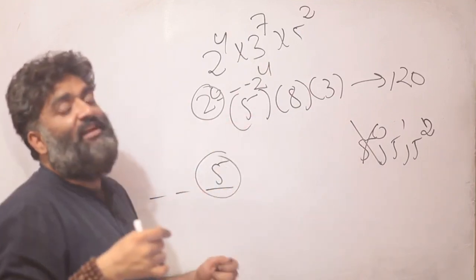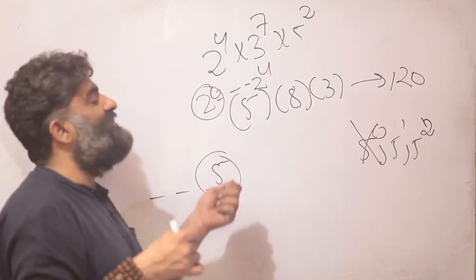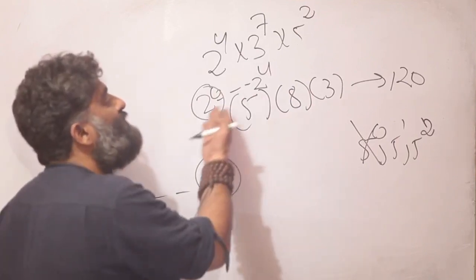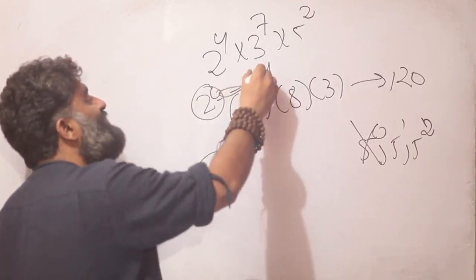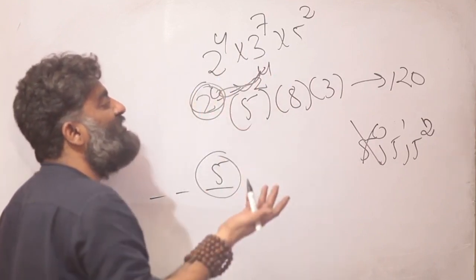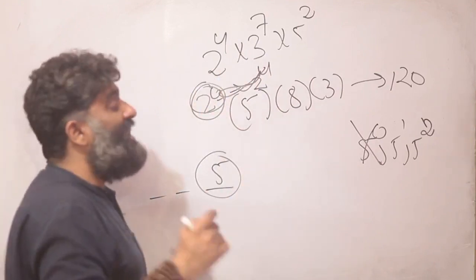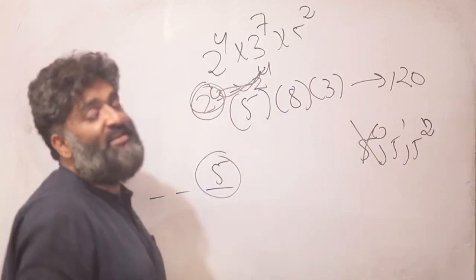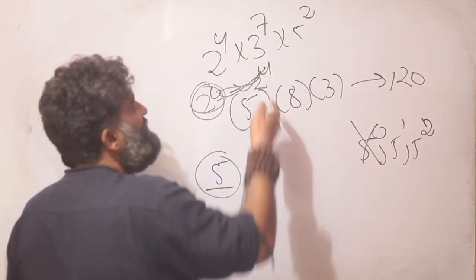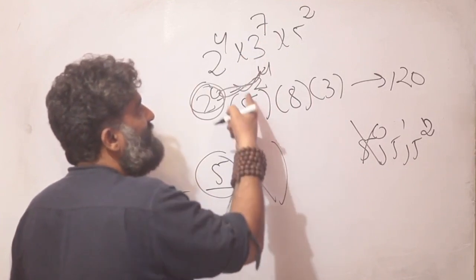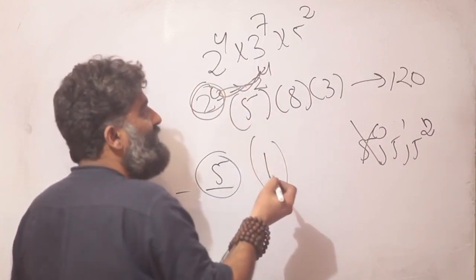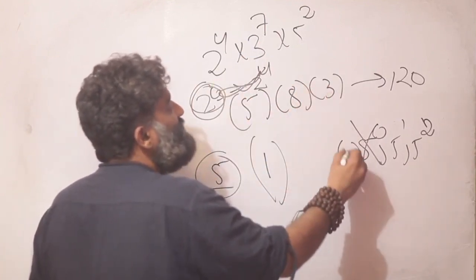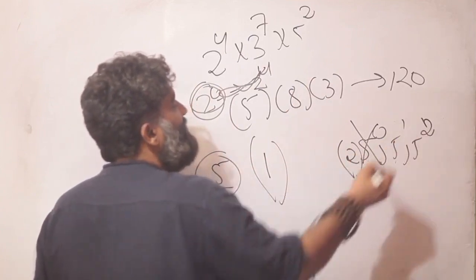So having the last digit as a 5 in this scenario meant that you cannot use any of the 2's. All of them get ruled out. Only 2 raised to 0, which is 1, is allowed. Why? Because if you put a 2, it will combine with a 5 and generate a 0. That means the number of 2's that I can use is only 1. The number of 5's I can use is 2, 5 raised to 1 or 5 raised to 2.